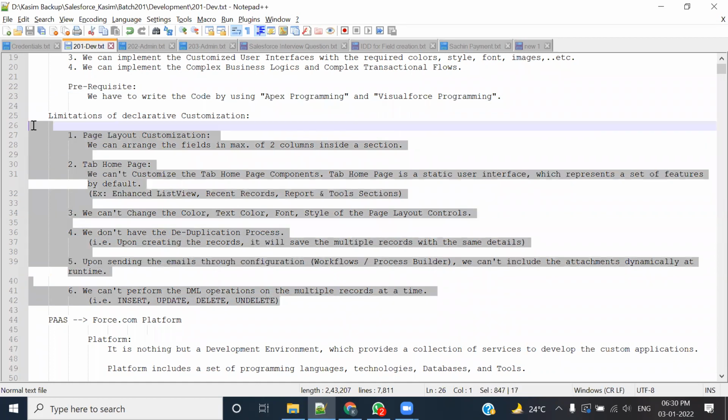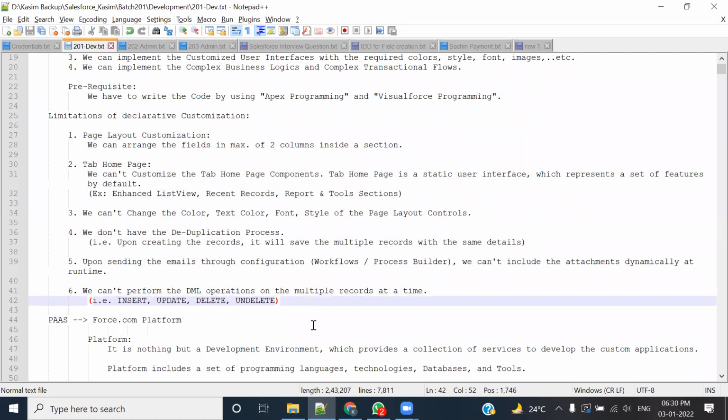चलिए एक और चीज समझिए आप। ऐसे तो देखिए काफी सारे ड्रॉबैक्स है, मतलब जरूरी नहीं कि 6 ही पॉइंट है। एक्चुअली 6 लिस्ट किए मैंने, बस एक आइडिया मिले हमको यहाँ पर, बिकॉज हमें ड्रॉबैक डिस्कस नहीं करना है, हमें जस्ट कुछ मोटिवेशन चाहिए जिससे हमको ये समझ आए कि वाई वी आर मूविंग टुवर्ड्स द लर्निंग ऑफ प्रोग्रामिंग, वाई वी आर लर्निंग द कंसेप्ट ऑफ अपेक्स एंड विजुअल फोर्स प्रोग्रामिंग। आपको पता होना चाहिए कि इफ यू रिस्ट्रिक्ट योरसेल्फ टू एडमिन प्रोफाइल, तो व्हाट आर द थिंग्स दैट यू कैन नॉट डू। कि अगर आप सोच रहे हो कि ठीक है मैं प्रोग्रामिंग नहीं करता हूँ और मैं एज एन एडमिन ही अपनी प्रोफाइल को अप करता हूँ, एंड आई स्टार्ट माय जॉब विद द एडमिन प्रोफाइल ओनली,